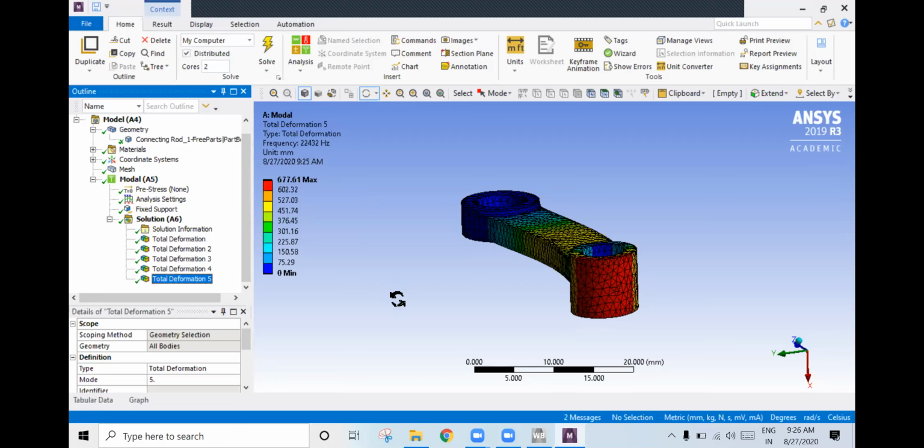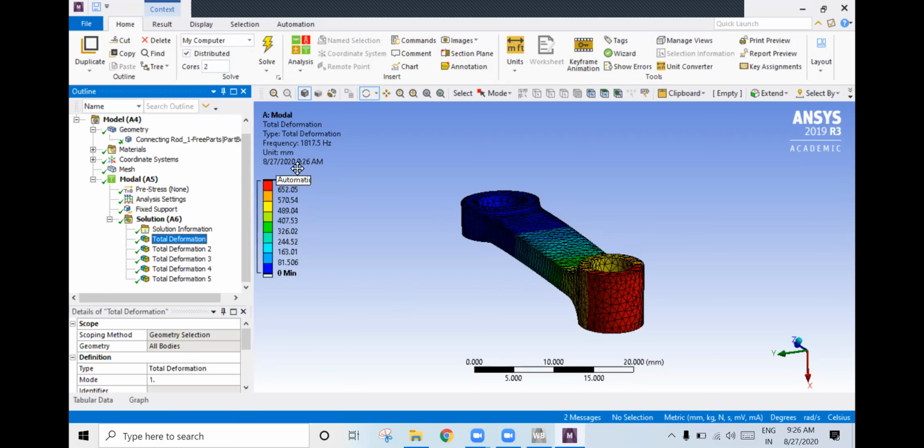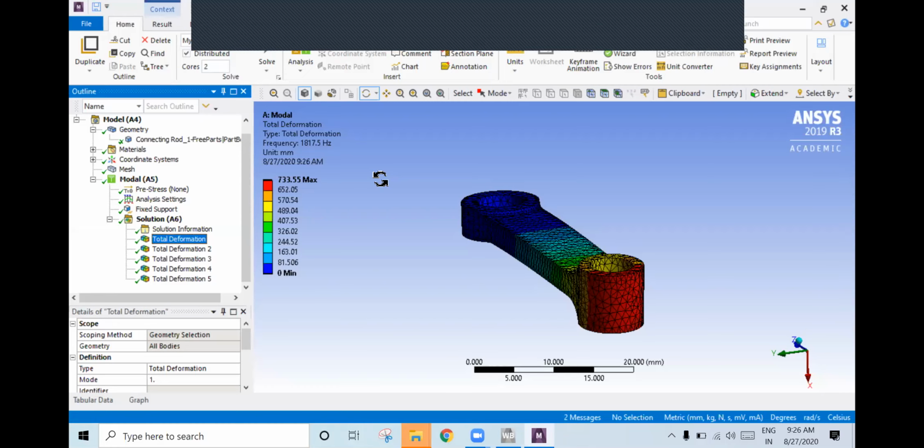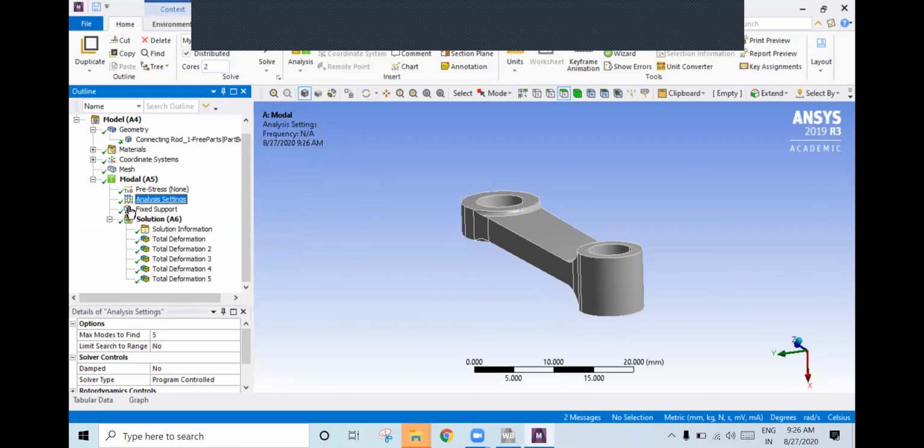One more thing I will tell you. Here, how many frequencies are you getting? It is starting from 1800. If you want to find the natural frequencies in a range, suppose you have an operating frequency of 800 and you want to find frequencies between 500 hertz and 1500 hertz, you can easily get it. How? Go to analysis settings.